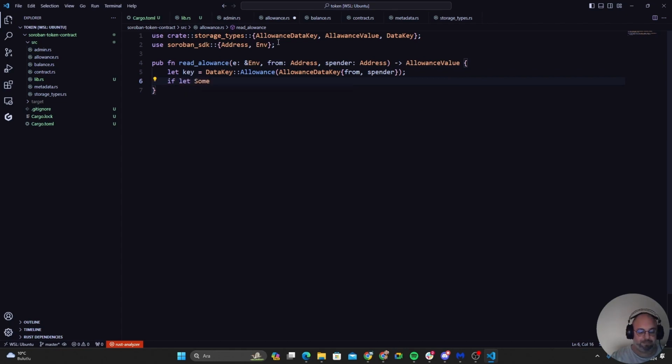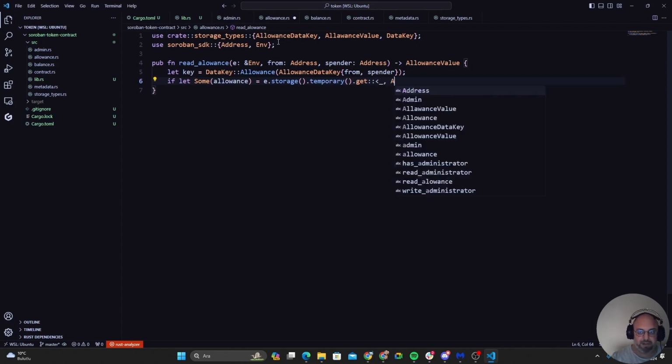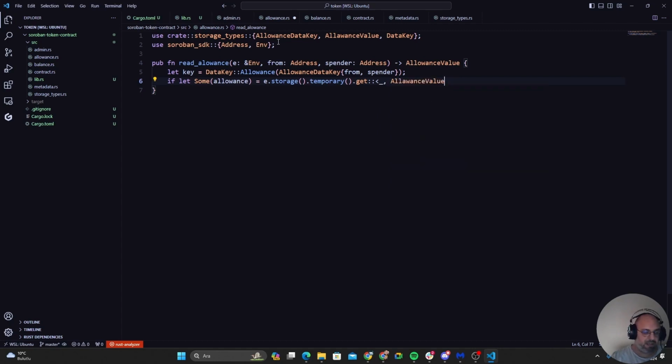If let Some allowance, so it should be equal to e, and storage we get from the storage, and it will be saved into the temporary file, and again we will use our get, and variable get as a vector. It will get from the allowance value, and in the allowance value it should store our key once again, and inside there